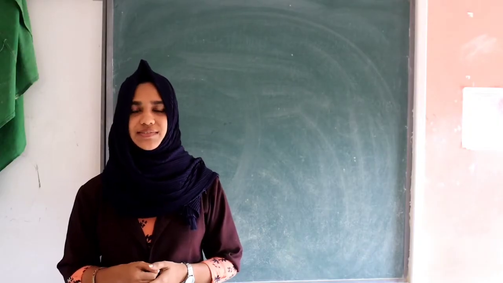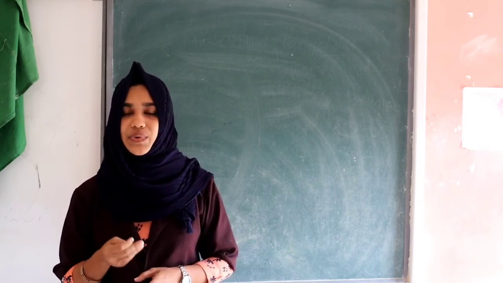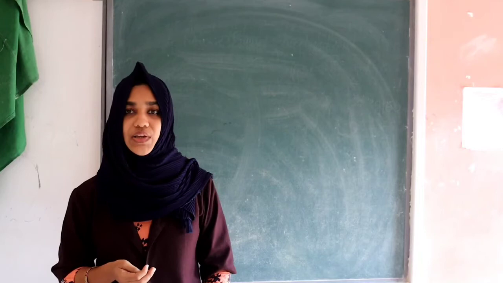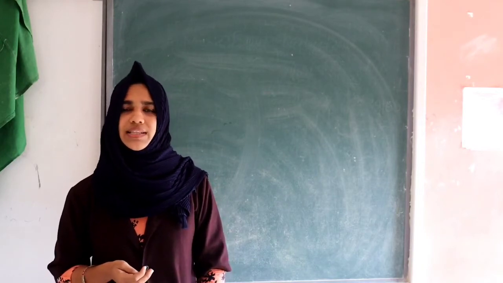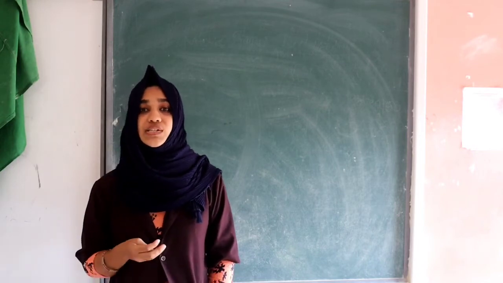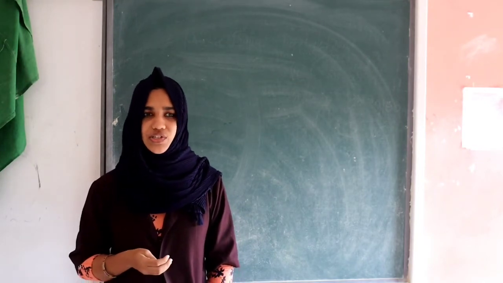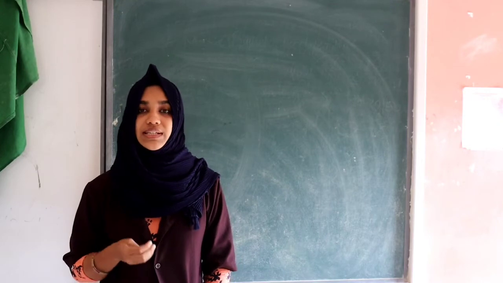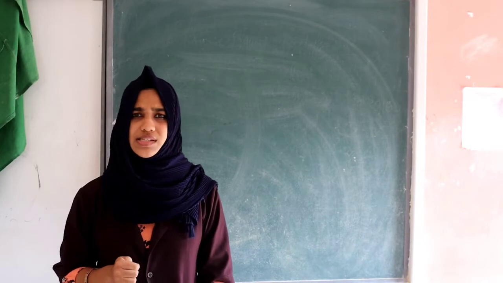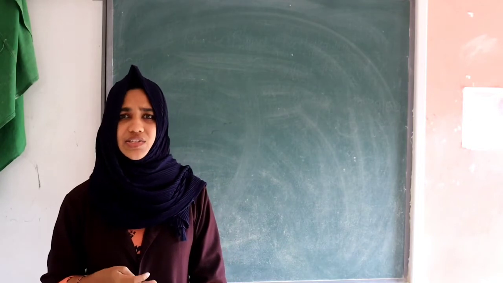Good morning everyone. We are dealing with the chapter gravitation. In the last class, we discussed acceleration due to gravity and found the value of g. Then what will be the acceleration of the object if the object is falling freely? Is it uniform acceleration or non-uniform acceleration? Uniform acceleration, isn't it? Is the equation of motion applicable to uniform acceleration?